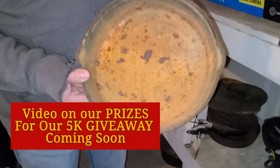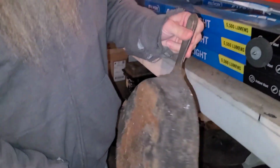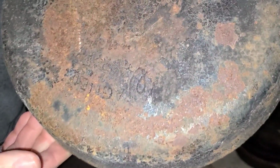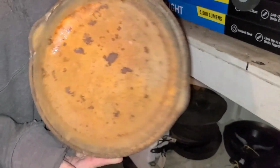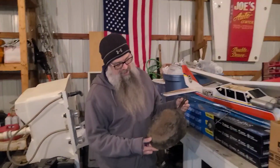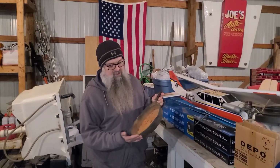Here's the beautiful specimen. So this will definitely be our before, but it's actually a Wagner. I'm a Wagner guy. I like Wagners. Some people are Lodge, some people are Griswold. I like Wagners. So we're going to restore this one, and this will be the one we give away when